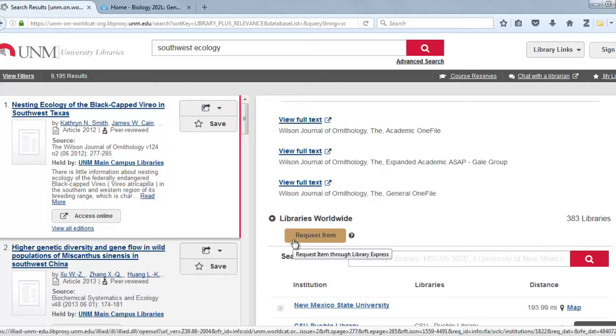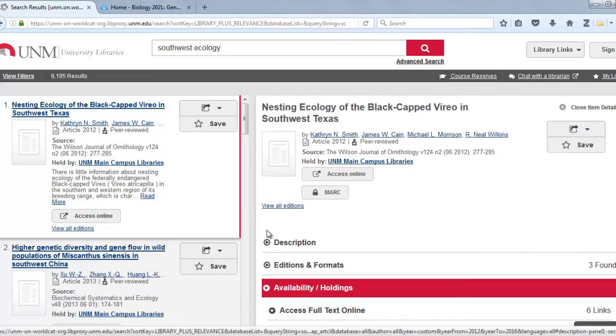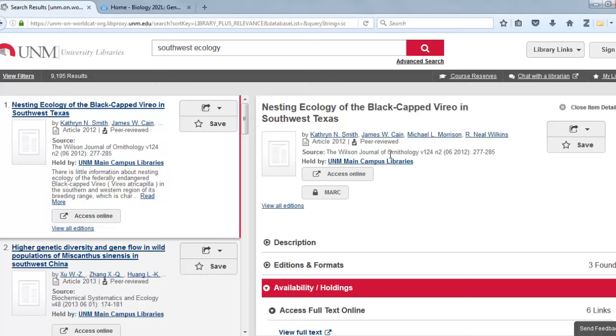But if it's not something that's in our collection, that same button, when you request that item, will route through interlibrary loan, and then we'll be able to borrow it typically from another library. So a good thing to keep in mind if you need something that isn't in our collections, or if you need something and you're not able to come in person to the library to see it, if we do have it in our collections. Okay, so I'm going to go back to the library homepage,